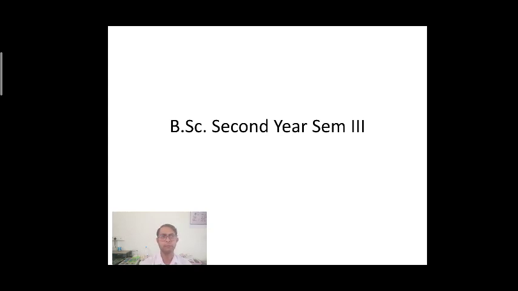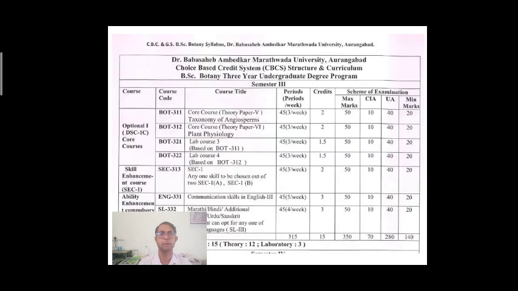Now, as we know, there will be two different theory papers included in your syllabus in semester 3. So we can say there will be two groups or two theory papers, that is taxonomy of angiosperms and plant physiology, which have 45 lectures and 2 credits, along with the maximum marks for these two papers, which are 50 each, and along with that a class internal test or assessment for 10 marks,